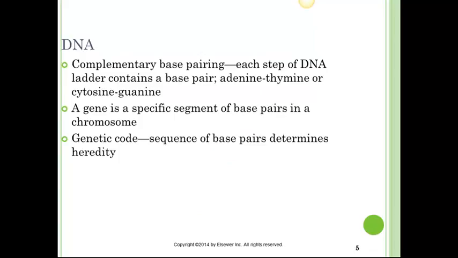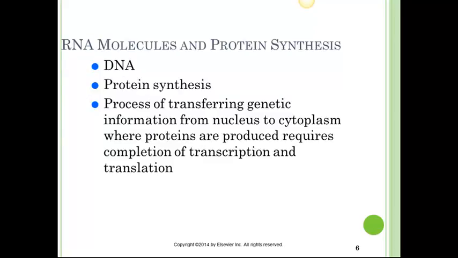DNA has complementary base pairings. Each step of the DNA ladder contains a base pair. Adenine and thymine are paired, and cytosine and guanine are paired. A gene is a specific segment of base pairs in a chromosome, and the genetic code is a sequence of base pairs which determines your heredity. DNA